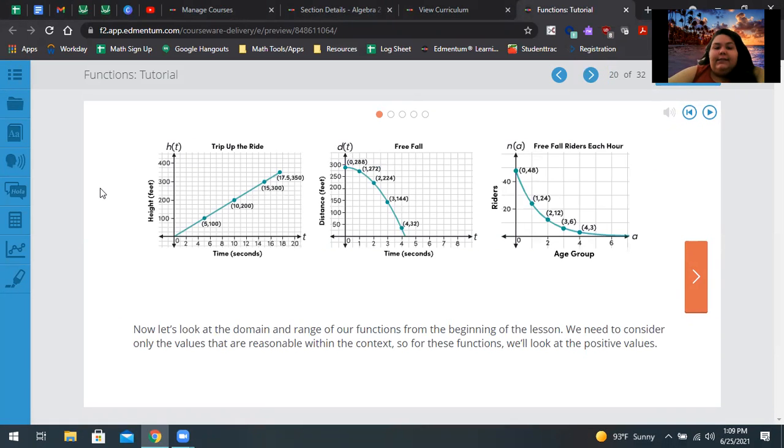So it says, now let's look at the domain and range for our functions from the beginning of the lesson. We need to consider only the values that are reasonable within the context. So for these functions, we look at the positive values. So another thing to keep in mind, so we're going to look at the right again, which we saw in our warm-up, or we were dealing with in our warm-up in the beginning. So part 1 of this, of the functions tutorial. With these,